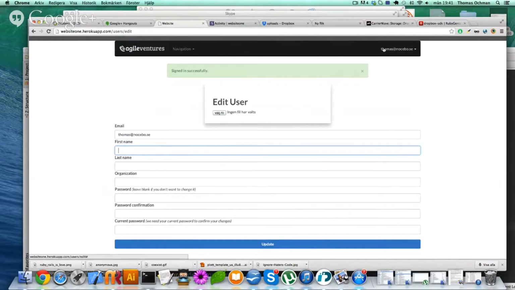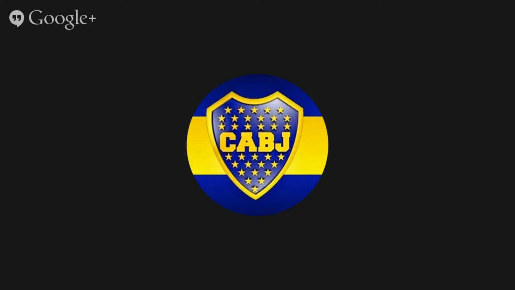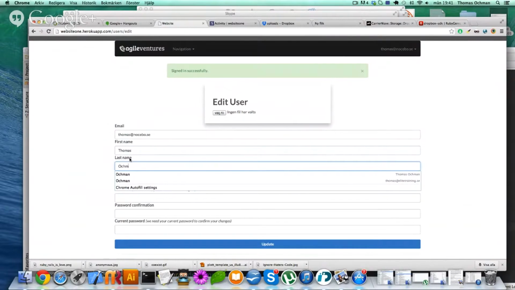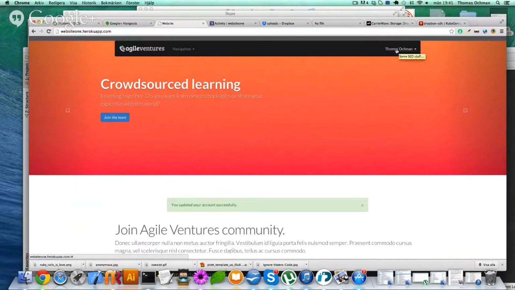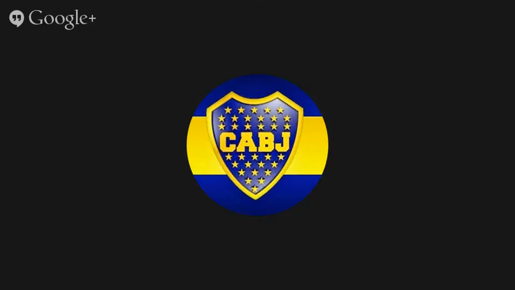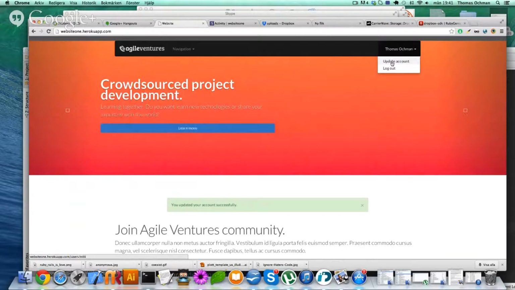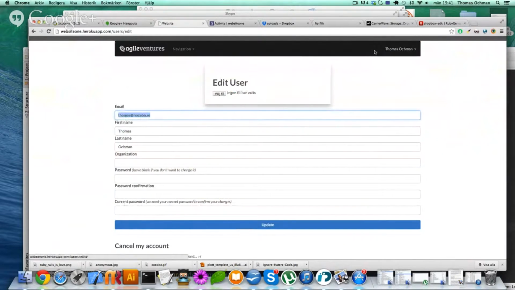Look, you see here up here in the corner, it says Thomas. It uses my email address. Correct. Yeah, and if I set my name here, now that should actually change. You see here, it's no longer using my email address. It changed to my name. I see. I think it's better actually. But I also want to have an avatar on the side of my name there. So if I try to upload